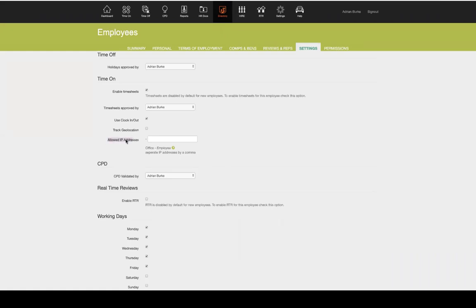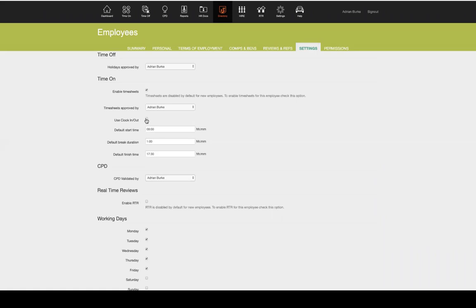There's also the IP address. So this would be if somebody's clocking in on their laptop and you want to make sure that they're in the Wi-Fi, so that they're in the office and not in the car park clocking in, you would put the IP address in there. And if you have any questions in regard to finding your IP address and things like that, you can contact me afterwards. If you don't want to be using clock in and out for the timesheets, take that box off